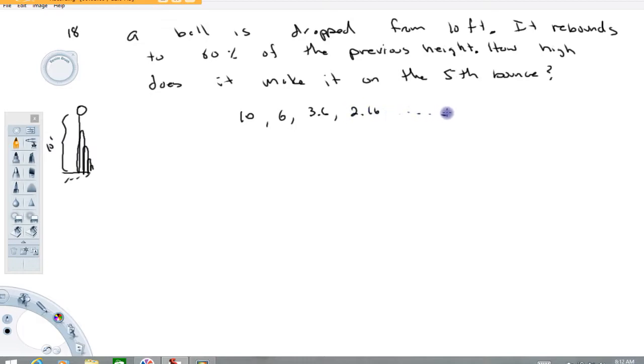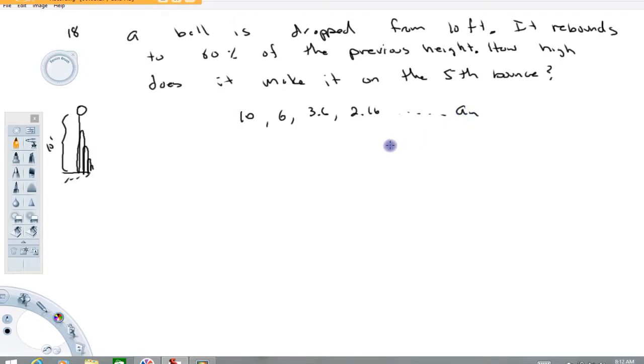and so forth. Now again, the easiest way to solve this is to probably just run this out to 5 bounces, right? So this is 1 bounce, 2 bounce, 3 bounce, 4 bounce, 5 bounce. We would just have to hit it with a 0.6 2 more times. But I'm going to go ahead and